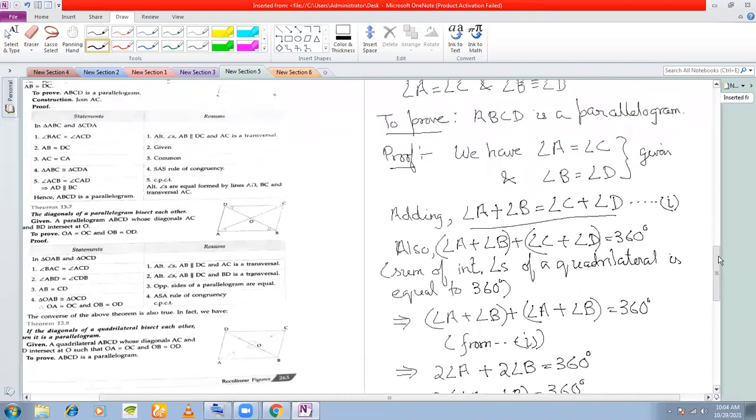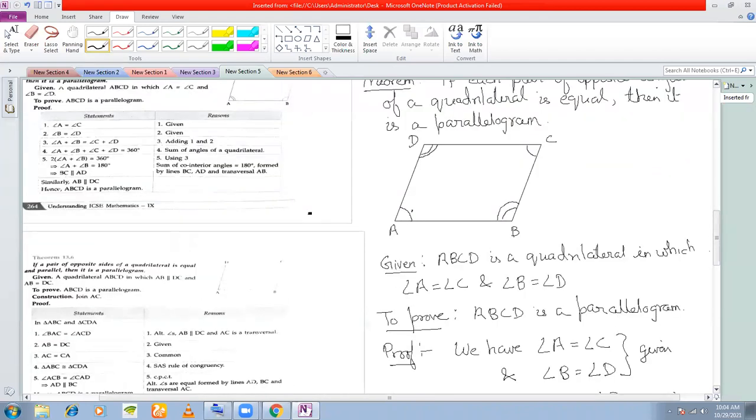Okay, so that means in this quadrilateral, the sum of these two angles is 180 degrees. Now you tell me, if I give you two lines, I don't know whether they are parallel or not, and you have a line passing through them like this, and if I give you that the sum of these two angles is 180 degrees, can you say that these two lines are parallel to each other? Can you say?